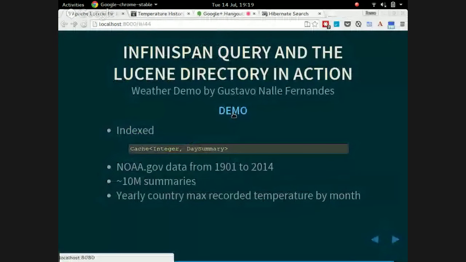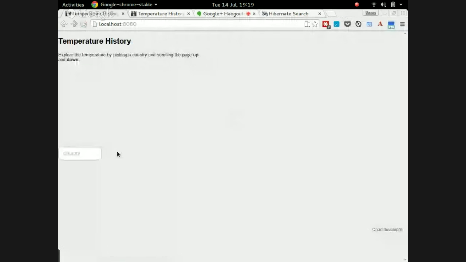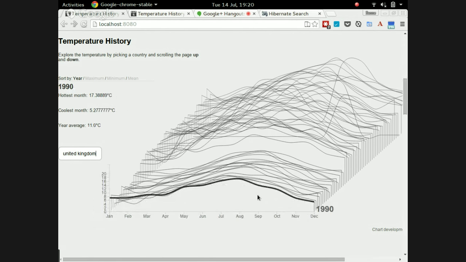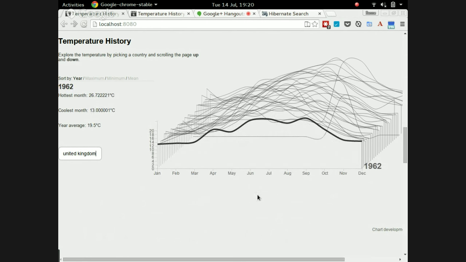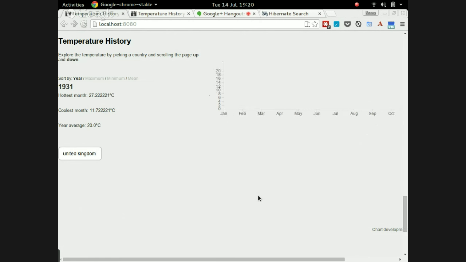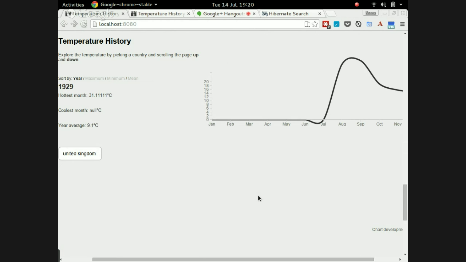I just need to get here. So, input text. Here we have autocomplete. I did not load all countries. We only have United Kingdom, Norway, Brazil, and I think United States. You can try that out. So all what you're seeing here, the visualization, is created by dynamic queries on the Lucene index, which is built on these 10 million entries which are stored in Infinispan on the laptop. It looks nice. Well, the zeros at the end just mean that there was no information for that, so